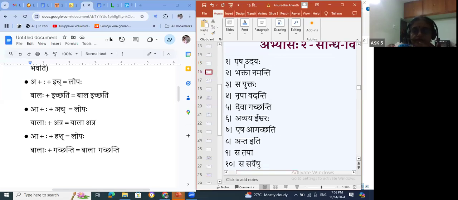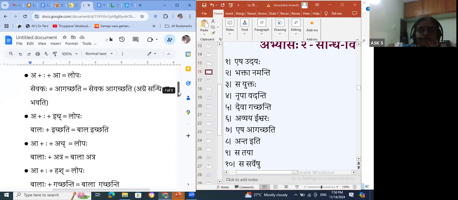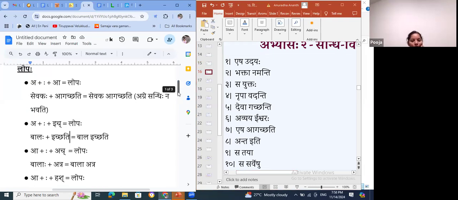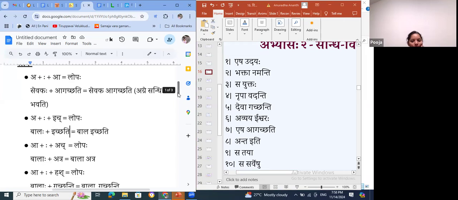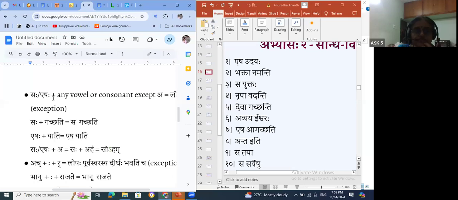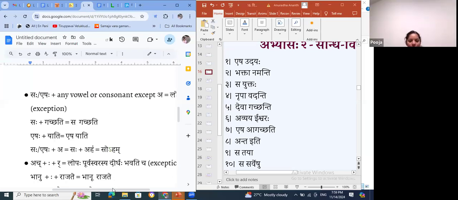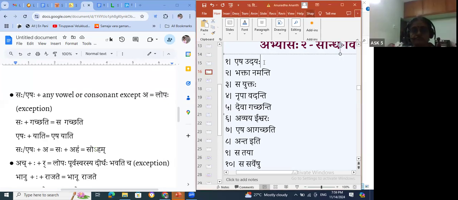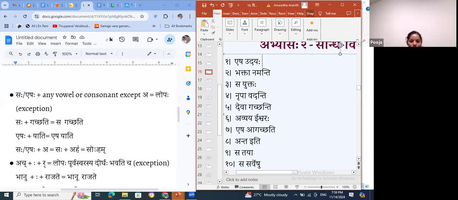Now Lopa must be, you have to join the sandhi. So Esha Udayaha will become Eshaha Udayaha. Why? Esha plus U. What is the Esha rule? Saha or Esha with any vowel or consonant except A will become Lopa. So Eshaha plus U is a vowel, so it will be